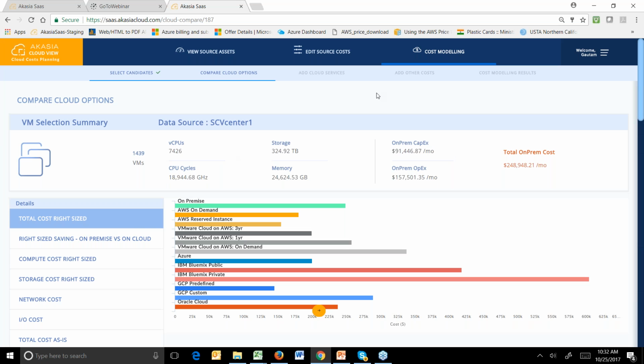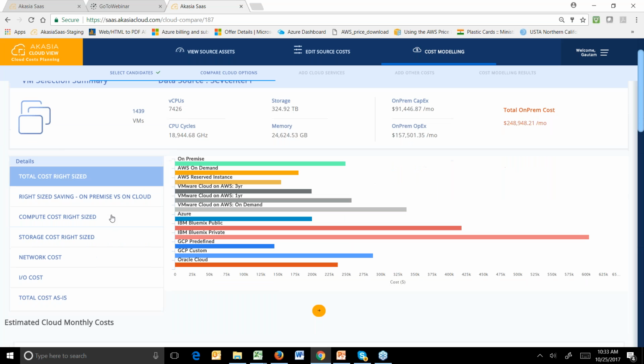And by the way, remember, when we did the costing, I was talking about costing by the physical server and so on and so forth. Now we're talking virtual machines. So essentially what we do here underneath is that the cost of the infrastructure is allocated to each virtual machine in a fair manner based on its configuration and size. Because you're moving virtual machines to the cloud, not necessarily moving physical servers. So that's the reason why we do that.